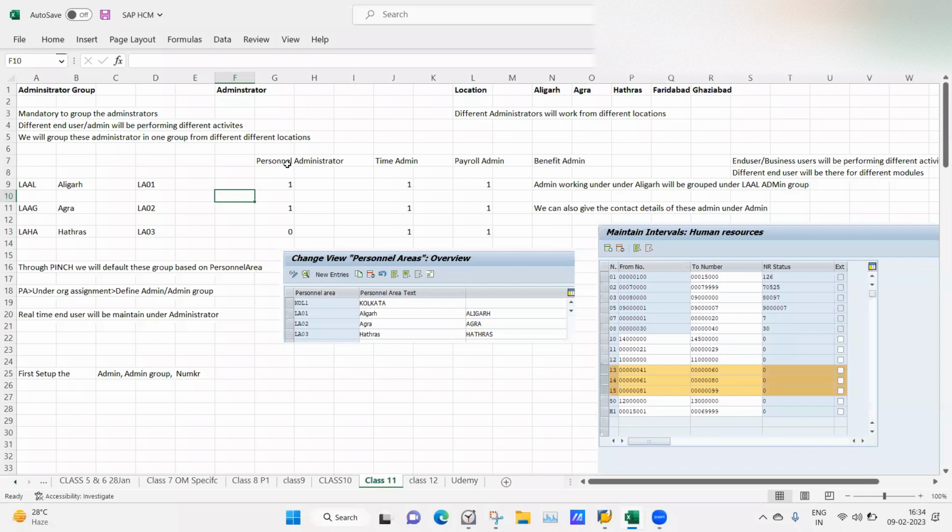And what we do is group those employees belonging to the same location in the administrative groups. For example, for Aligarh location, I will make one group as LAAL, and I will be grouping all these personal administrators who belong to Aligarh location. Similarly, those who belong to Agra location, I will include in the Agra administrative group. So how we do this activity is